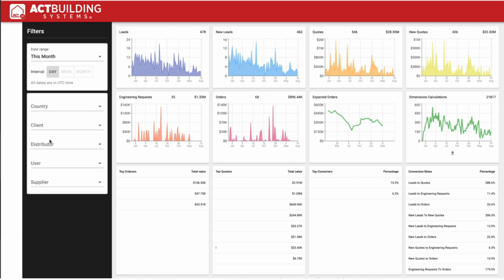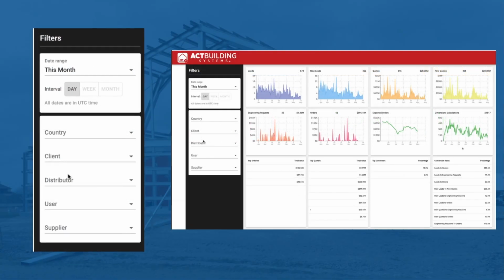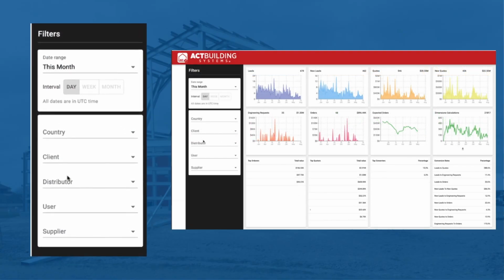There are 8 charts and 4 tables that provide metrics on business activity. All of the data shown on the charts and tables comes from our production system, providing you with up-to-the-minute information at all times. You can filter your data by using the Date Range and Company Details options on the left